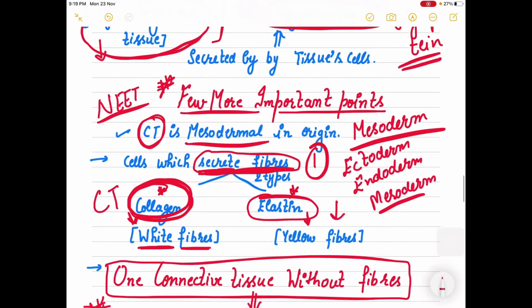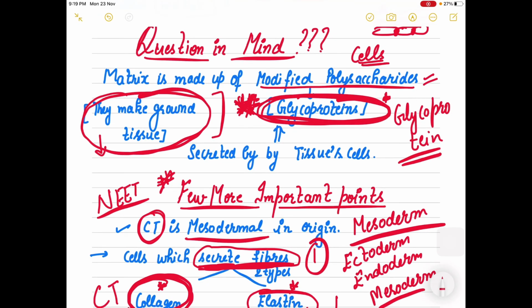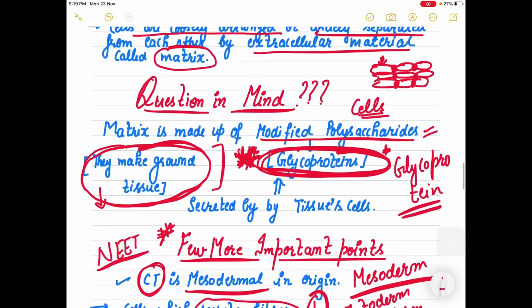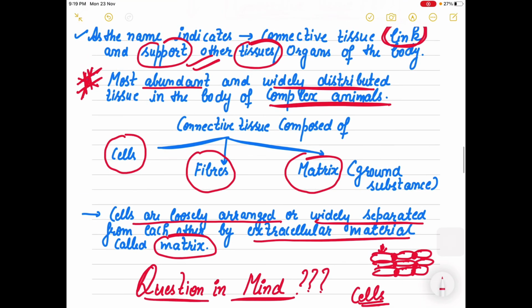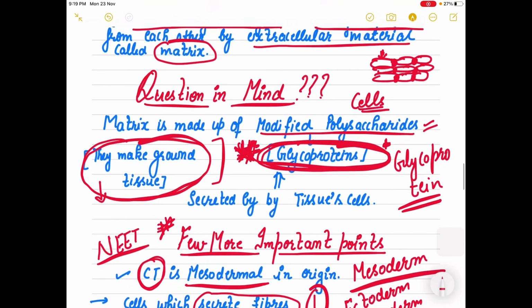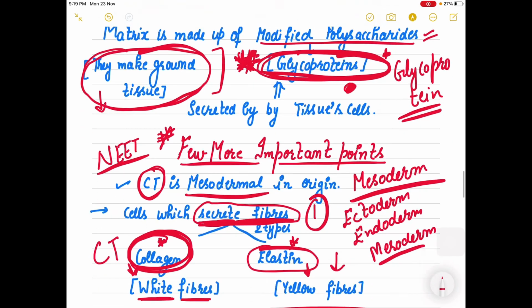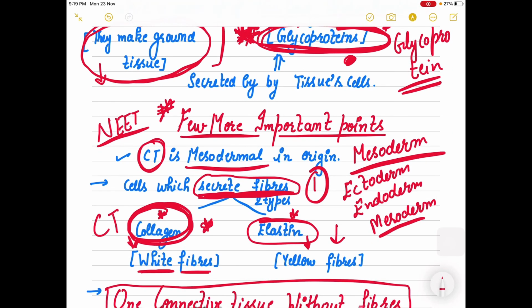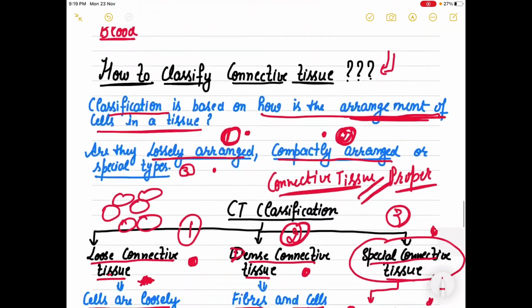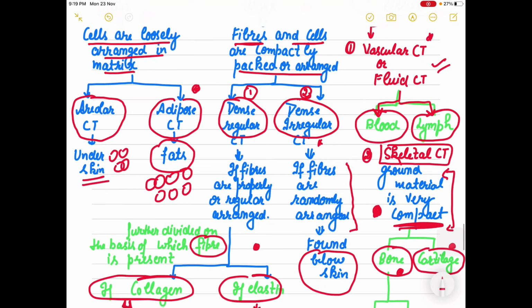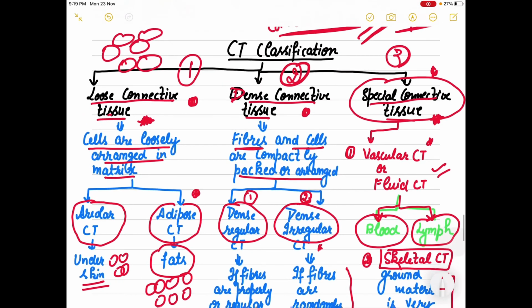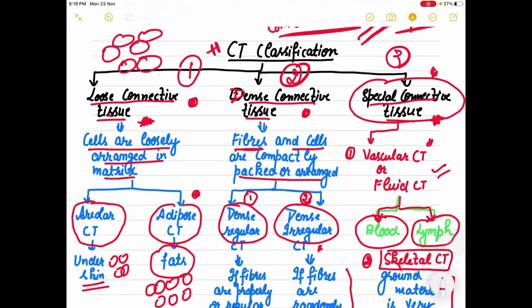So this is about the classification of connective tissue, right, which I already told you, that the connective tissue mainly has cells, it has fibers, it has ground substance which is made up of glycoproteins. It has fibers which are white fibers as well as the yellow fibers. So please paste this classification on your table or on your board, because this is going to be a very important classification for us in the next